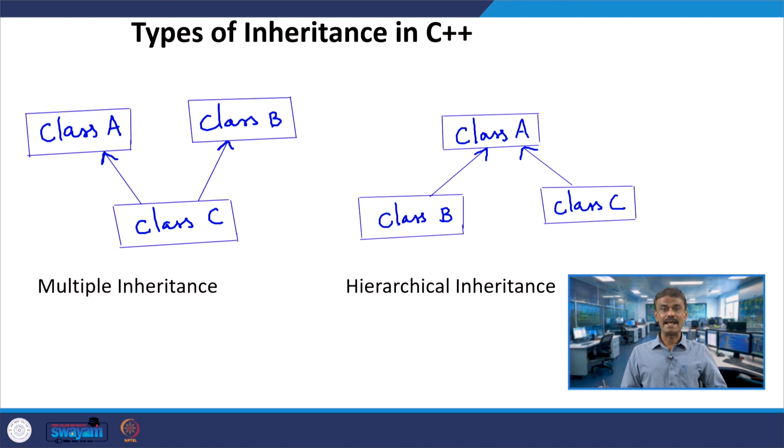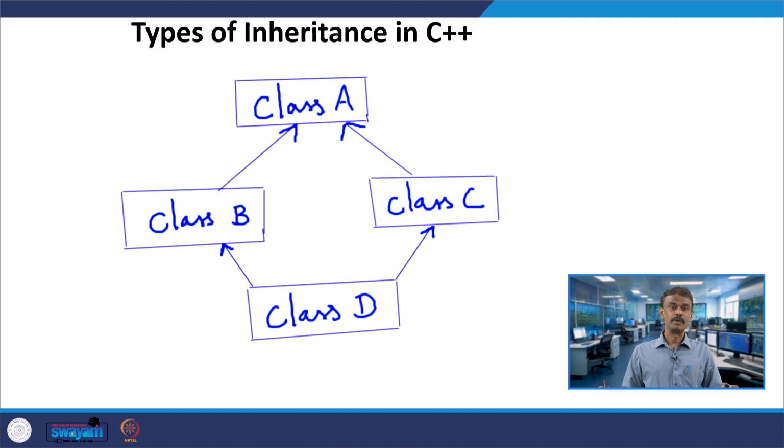And the fourth one is hierarchical inheritance. We had seen the example in both C++ and Java, where class B and class C are the derived classes, whereas for both B and C, class A is the base class. You call this hierarchical inheritance. Now, the combination of multiple and hierarchical is possible in C++, and you call it hybrid. Class B and class C are derived from class A, and class D is derived from class B and class C, which is possible.